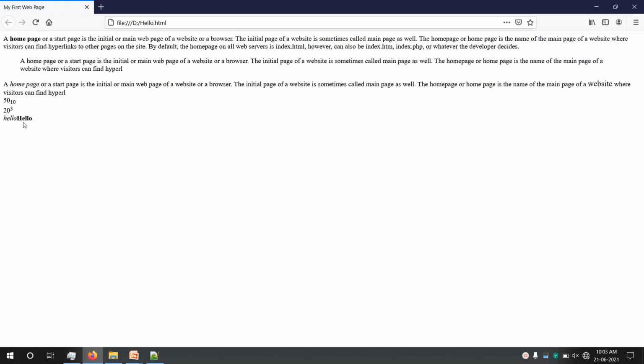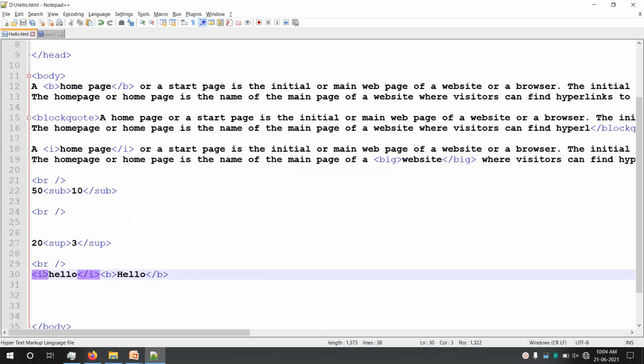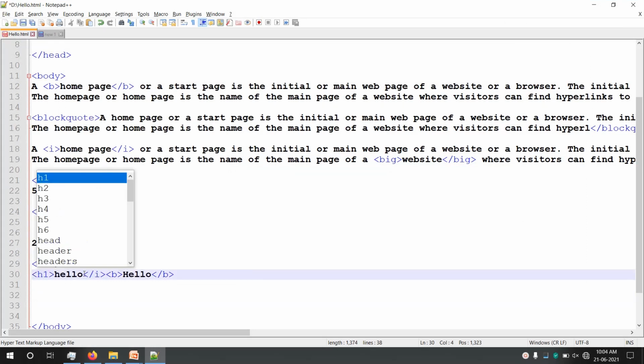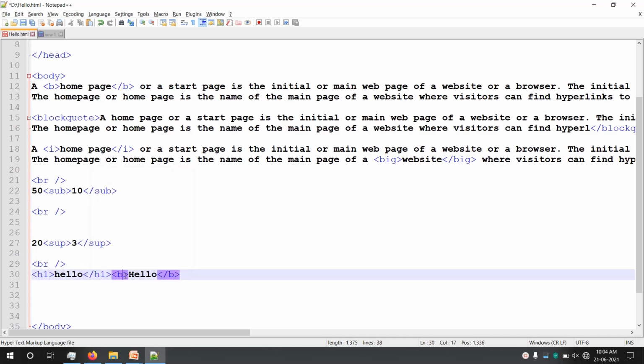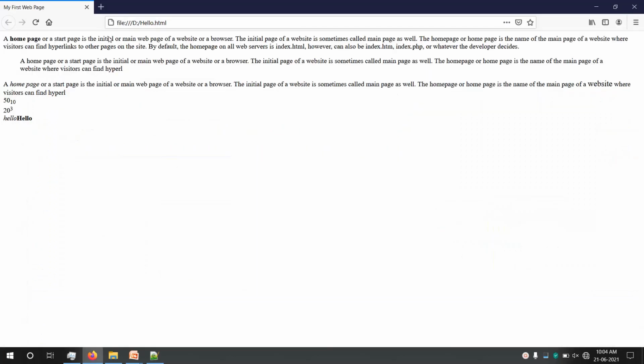is two hellos on the same line. But instead, if I use h1 here, that is a heading tag, h1 is closed, and I'll use h2 here and h2 is closed. Now h1, that is heading tags, are all block elements, and the output of block elements always appears on a new line.